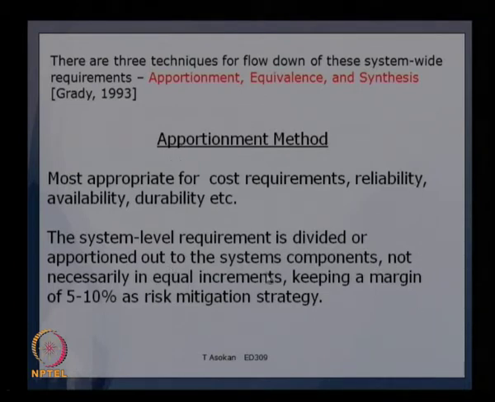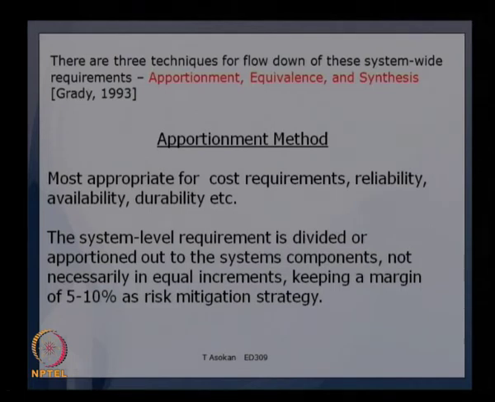One example could be the cost of operation of the elevator. If you say that it is 10,000 rupees per month for operating the system, that is the maximum allowed, then we can keep 10% as a margin. So, maybe for 9,000 we can identify what should be the maximum cost coming from the components. So, 9,000 rupees can be divided amongst these 4 components depending on the importance of each one.